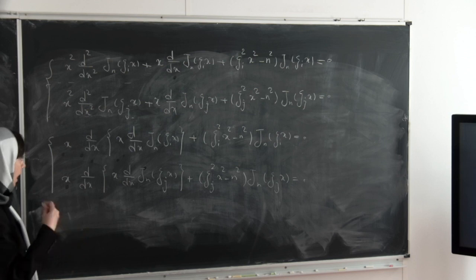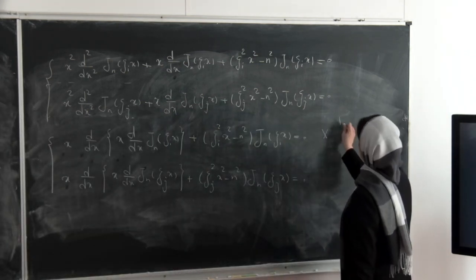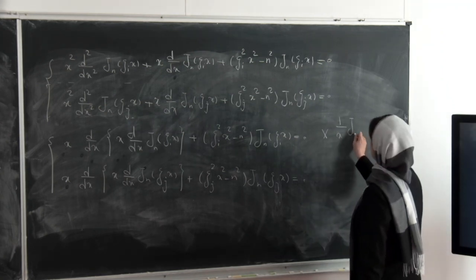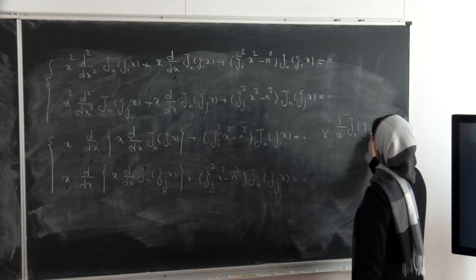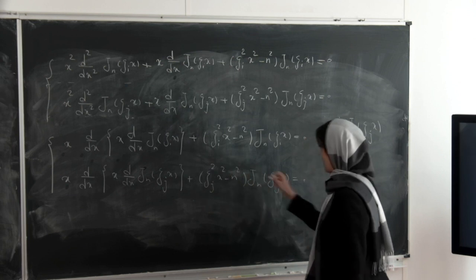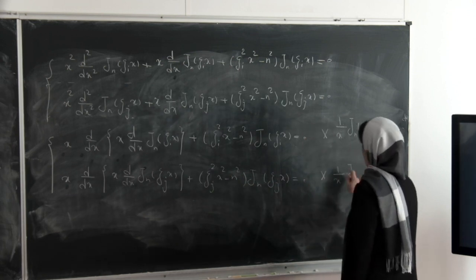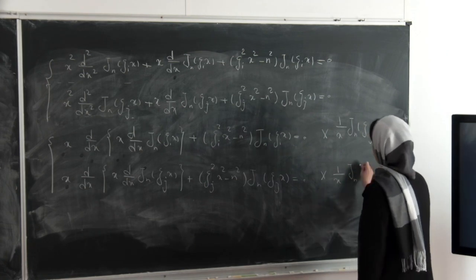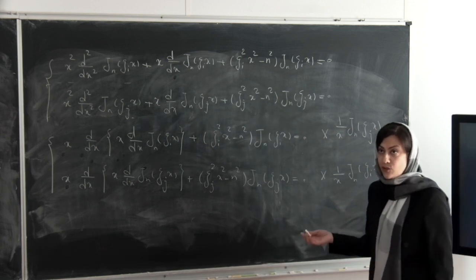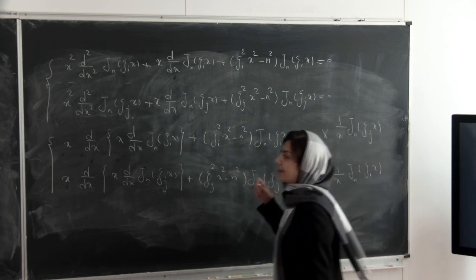Now, by multiplying this equation by 1 divided by x Jn of chi j x, and multiplying this equation by 1 divided by x Jn of chi i x, and substituting, from this equation we obtain